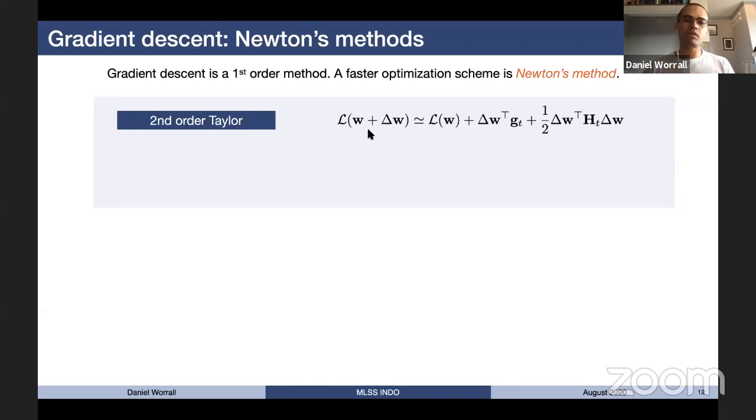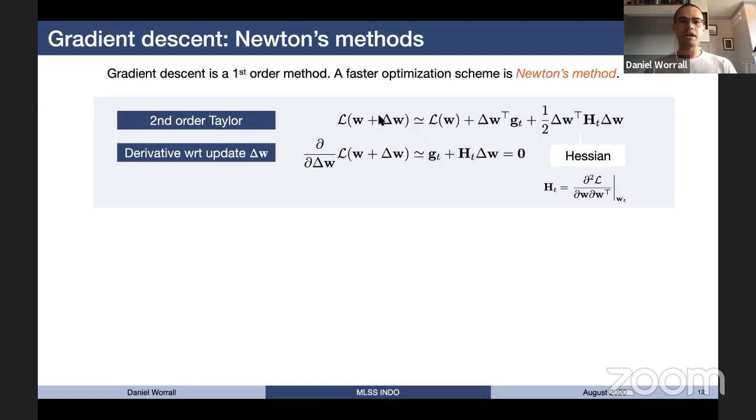So what you can do is take your loss function and write your loss function at your new point W plus delta W in terms of the loss function at the old point, plus a couple of correction terms, which come from what's called a second order Taylor expansion. So this is a way of writing this loss function in terms of the delta W's. And then you have your gradient here. And this is something called the Hessian. It's your second derivative. If you take the derivative with respect to delta W and set it to 0, you get this here. This term falls away. This becomes just G. This becomes